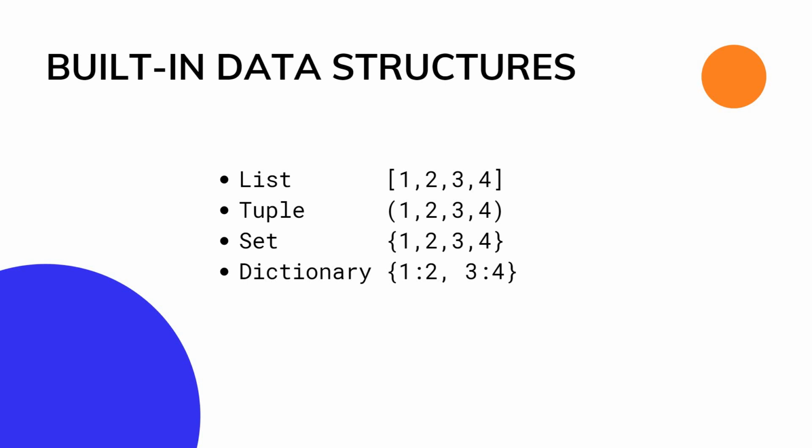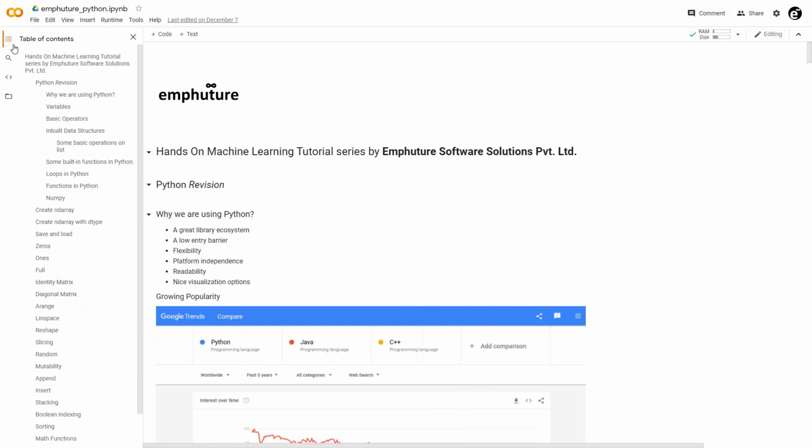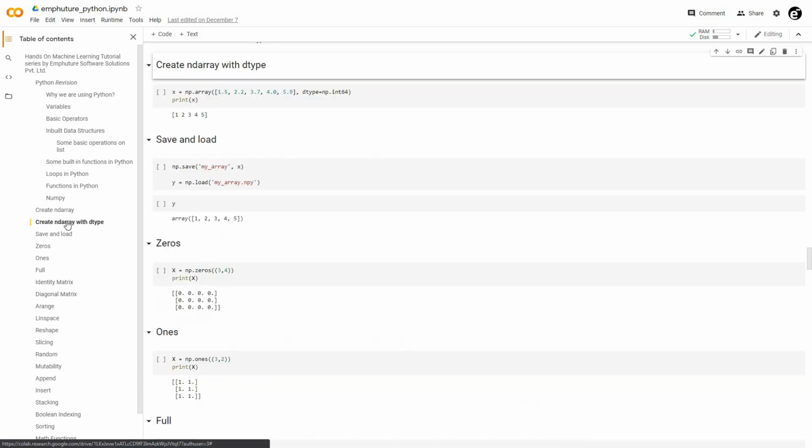So I'm heading to Google Colab now. When you open the link given in the description, the page should look like this. You just have to click this connect button once and it will connect the notebook to the Google servers. Once it is connected, you are good to go. Let's go through this environment first. If you click here on the table of contents, you can migrate to any section in the notebook from here, just like this.